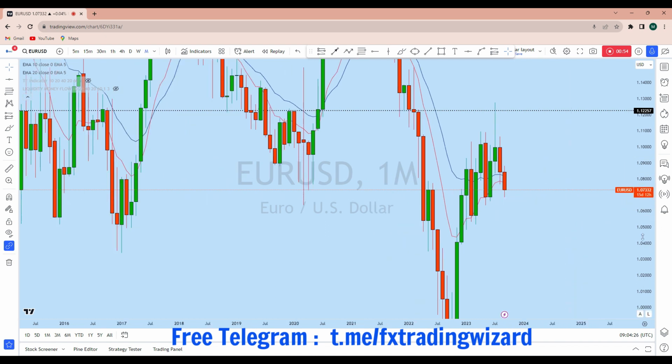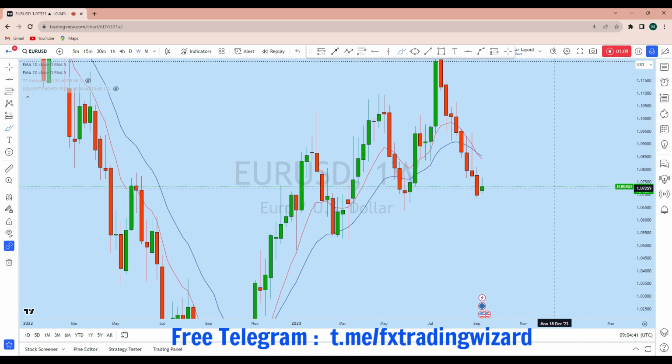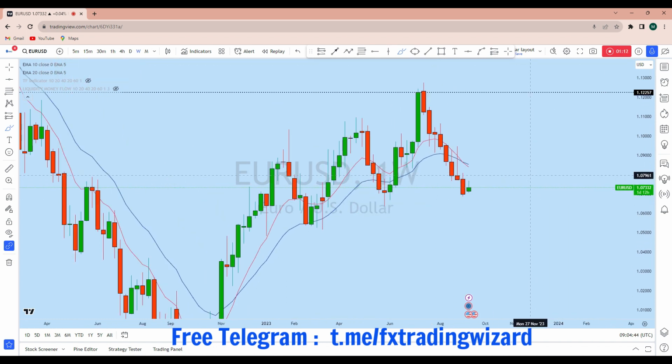We have seen that this month so far initially has gone up for a deeper pullback, and from that zone euro dollar started to drop, and we can expect for this price to continue to drop to create a new lower low. If we look at the weekly time frame, we can see that from the weekly perspective, we see